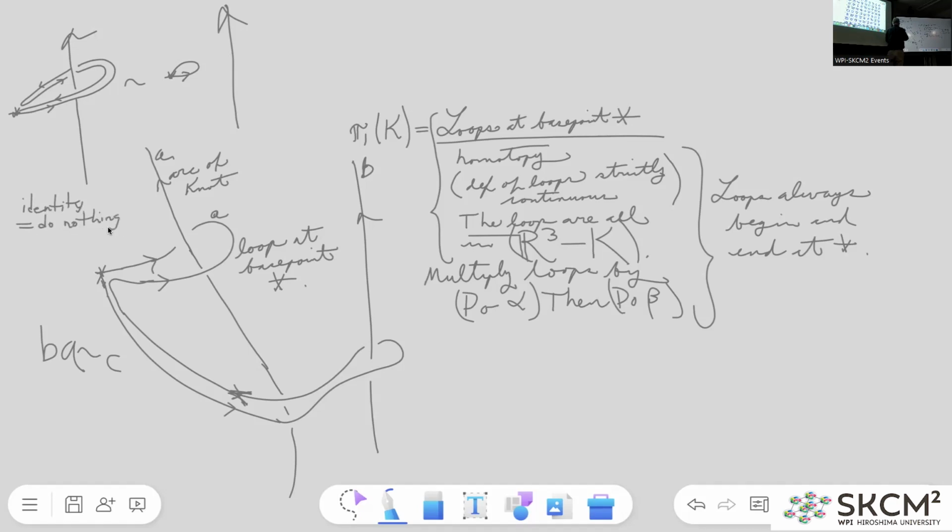Doing nothing is a perfectly good loop. The value of the loop is always the base point. You never left the base point throughout the whole time of the passage, say along the interval 0, 1. You have time, and all that time you just stay at the base point. So that's the fundamental group of the knot. And now what I'm claiming is